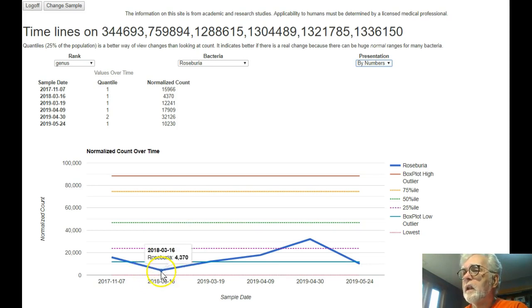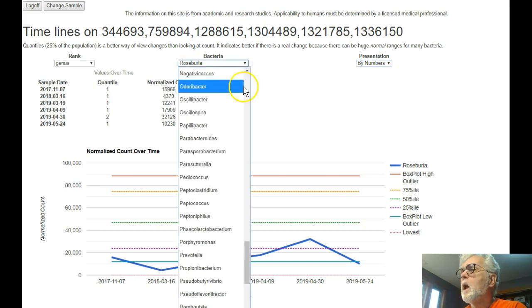And that basically indicates that, wait a minute, you have gotten abnormally low at this point of time. And now you can see where they go up and down. Very simple. If you go and change to a different bacteria, you will